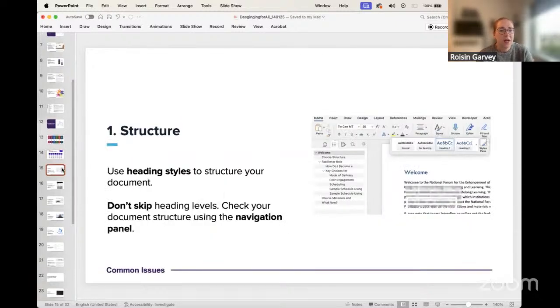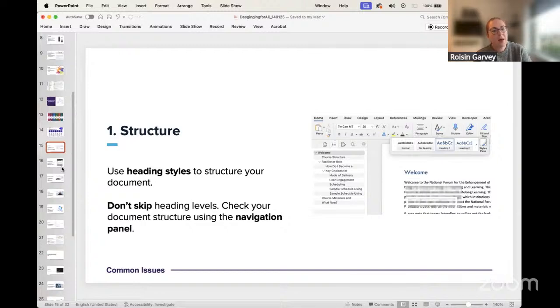The first one I'm going to look at here is structure. So the example I have here is if you're creating a Word document, the best thing you can do in Word, or in Google Docs or whatever you're using, is use the styles. The reason I'm mentioning some of the software is because we have it here in MTU. If you use the styles within Word itself to structure your document, so if you have the heading styles, if you use the bullet formatting within Word as well,